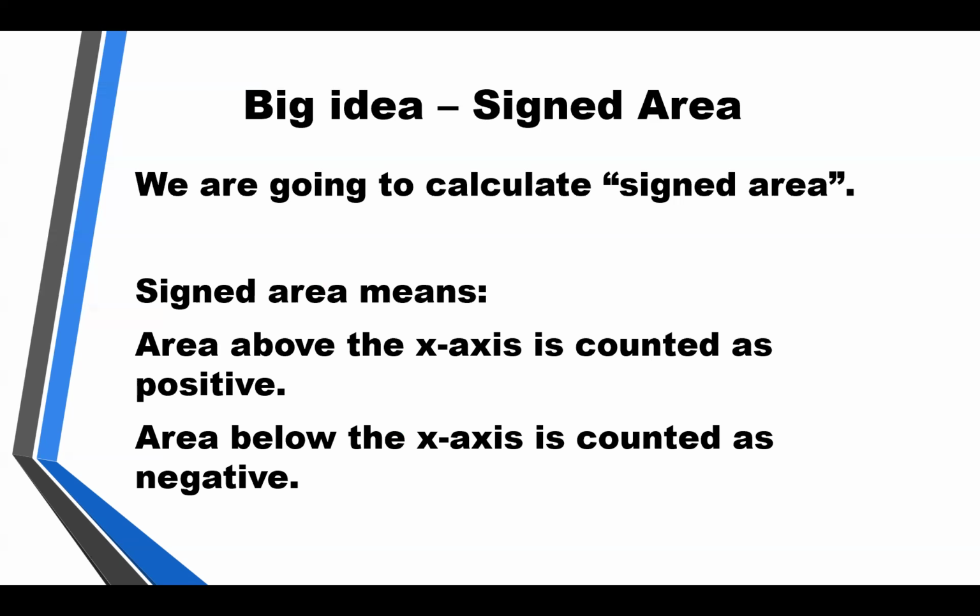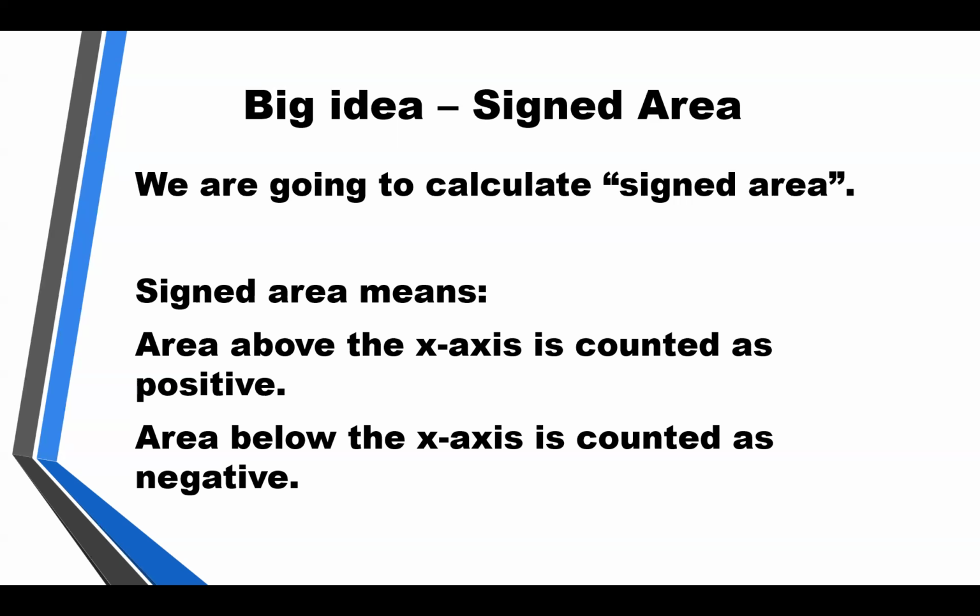So we're going to have a function. And with regards to that function, at some points it will be above the x-axis and at some points be below the x-axis. If we take the area between our function and the x-axis, signed area means that if our function is above the x-axis, the area between the function and the x-axis will be counted as positive. And if our function is below the x-axis, the area between the function and the x-axis will be counted as